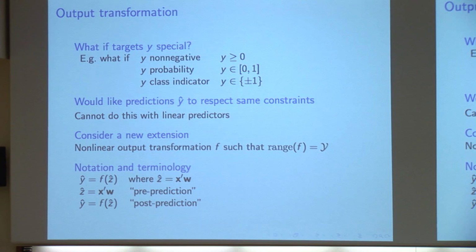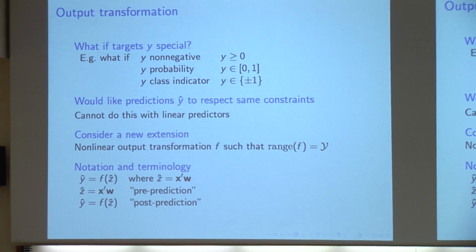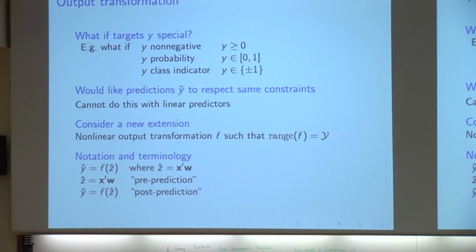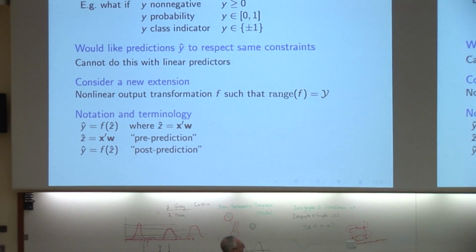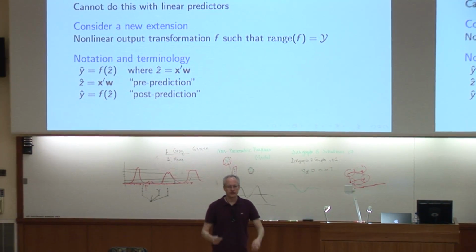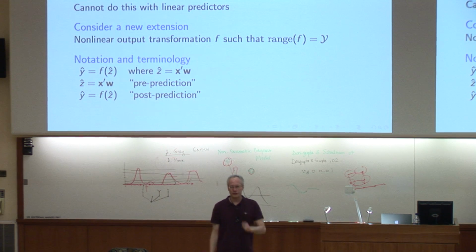Now, the problem is, if we don't do anything, and we just tackle this problem with linear predictors, we have a range problem, which is the range of a linear predictor. It maps all of R to all of R. So this is dumb, but think it through. What if I know all my target labels or target scalars are probabilities, numbers between 0 and 1?